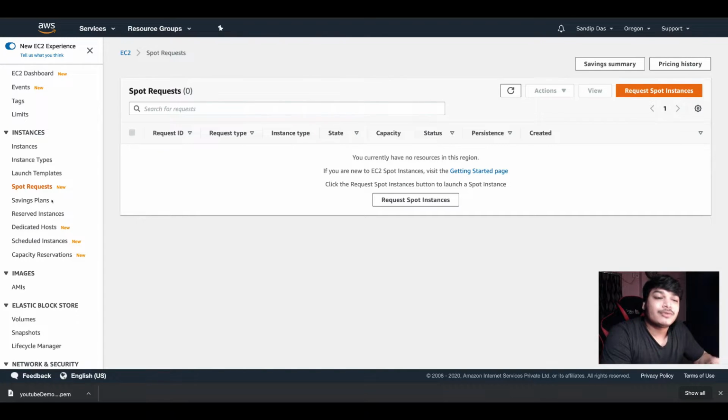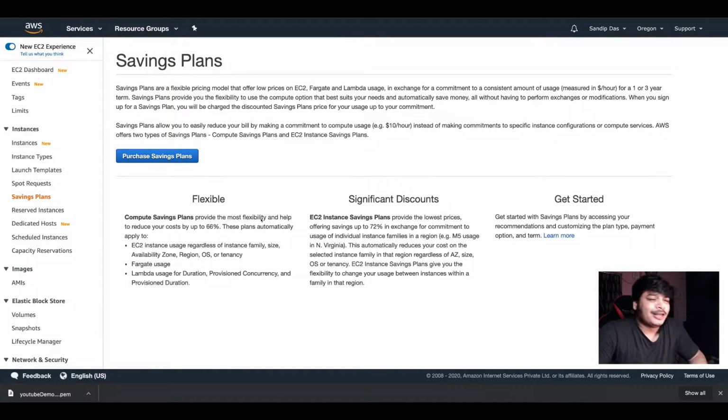It requires a dedicated session for the Spot instances, so I will not be covering that in depth, but you can achieve that. Savings plan. Again, suppose you are very sure that your application is going to run for years and years. You can purchase a savings plan, so you can save. In particular, savings plan, I already have a session in my video library. You can go and check it. Usually it's EC2, Fargate. If you go for the flexible plan, then you have the savings plan on EC2, Fargate, Lambda, and if you have EC2 instance specific, they have this plan. So you can save up to 66% on the flexible, up to 72% on the EC2 instance specific.